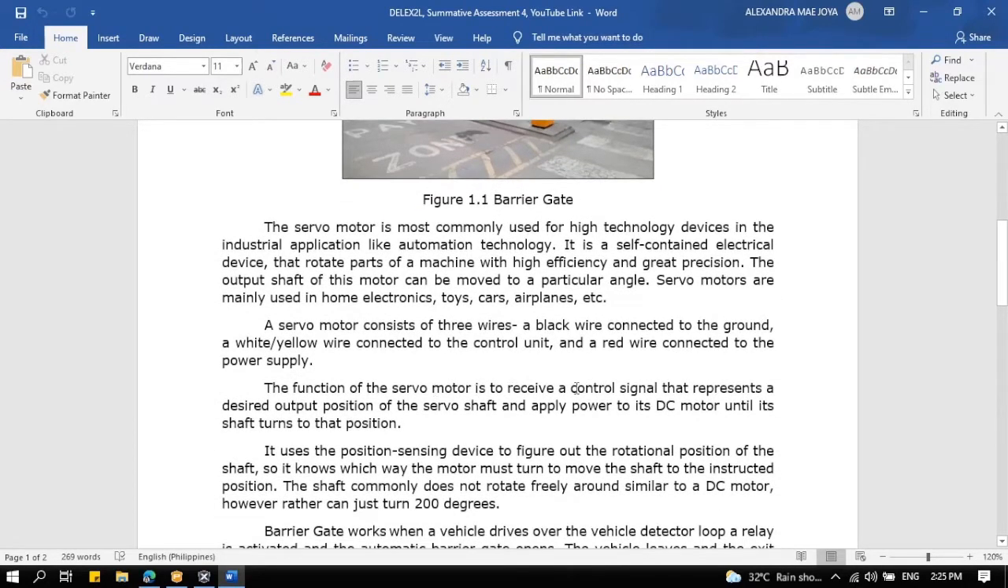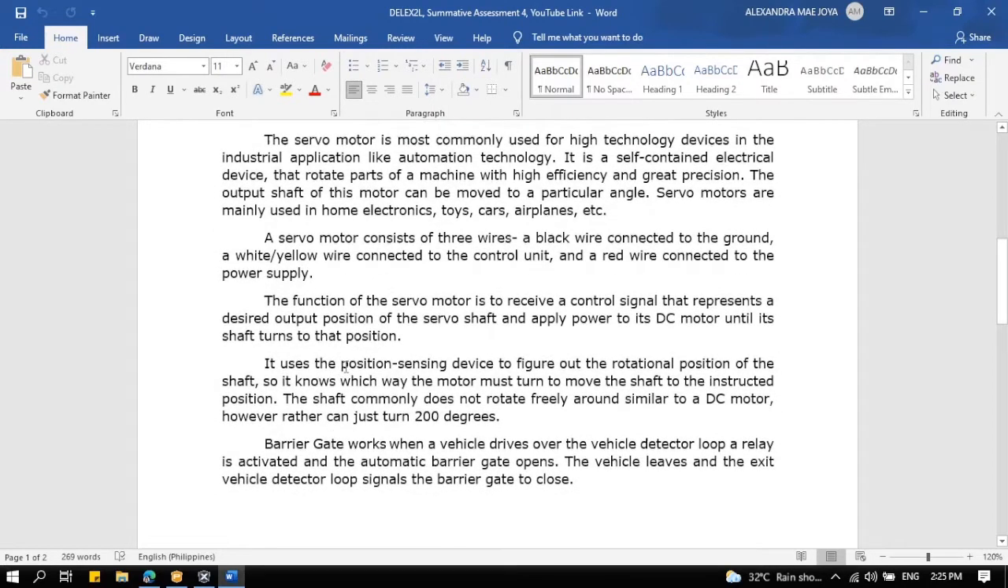The function of the servo motor is to receive a control signal that represents a desired output position of the servo shaft and apply power to its DC motor until its shaft turns to that position. It uses a position sensing device to figure out the rotational position of the shaft, so it knows which way the motor must turn to move the shaft to the instructed position. The shaft commonly does not rotate freely around, unlike a DC motor, but can only turn 200